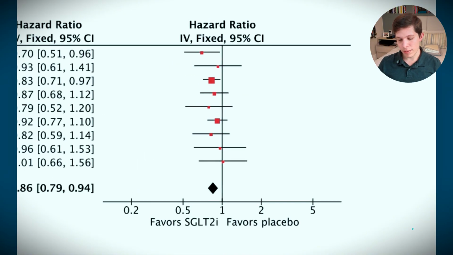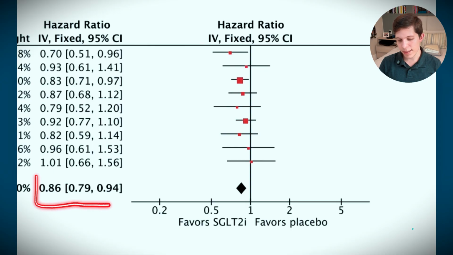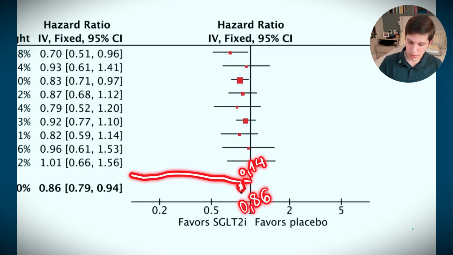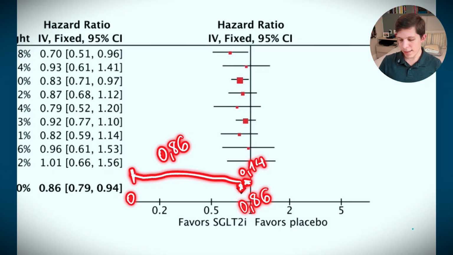So when you come right here, we know that the overall result of the meta-analysis is 0.86, okay? What it means is that, out of all the studies together with those weights, they carry 0.86. So this means that right here is 0.86. It's 0.14 away from here, and it's 0.86 away from 0 on the other side of the screen. Is that understood? Okay, so what that means is basically that the hazard ratio for the overall is 0.86, but